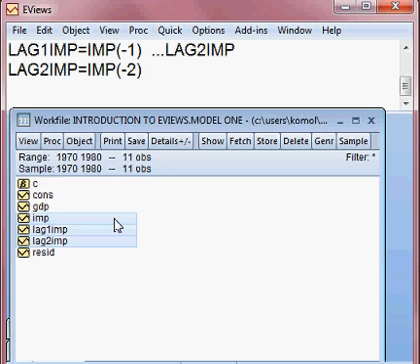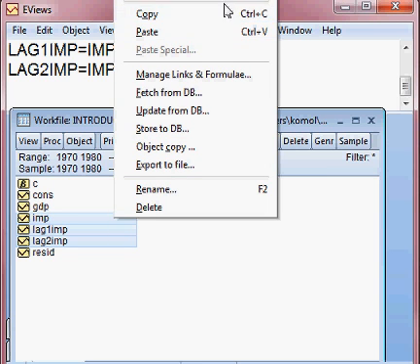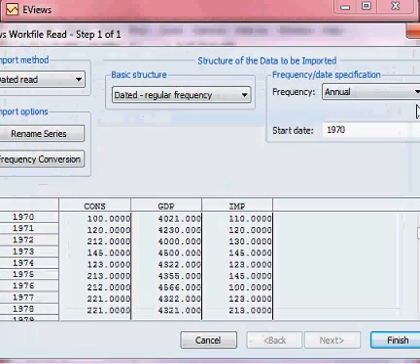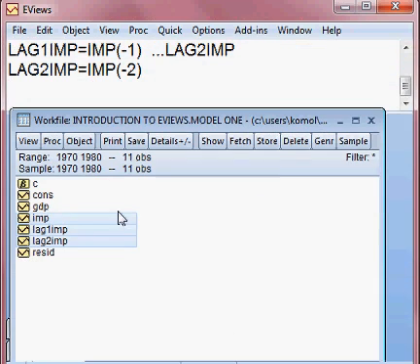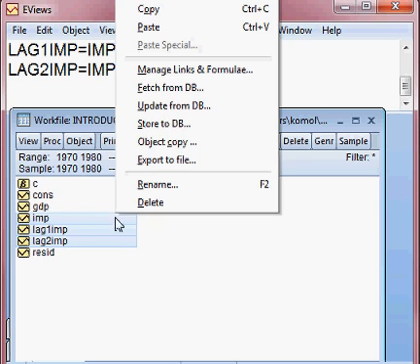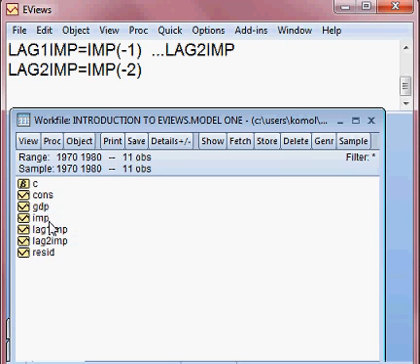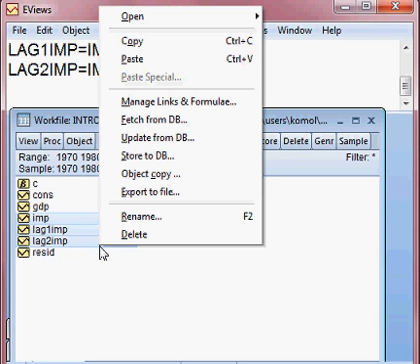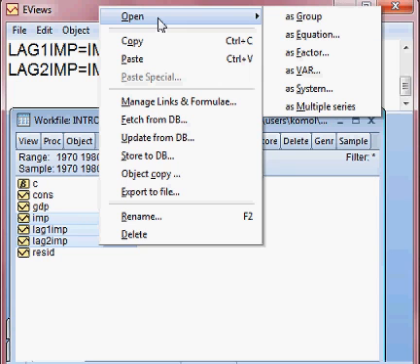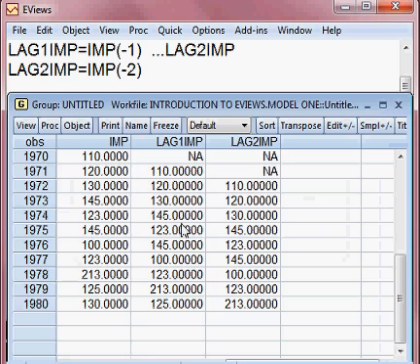Now again you click on the right button of the mouse. Sorry, I made a mistake, I chose the 3 again as before. Click on the right button of the mouse. As a result, this menu will come up, then go to open, then as a group, yes, then you can see